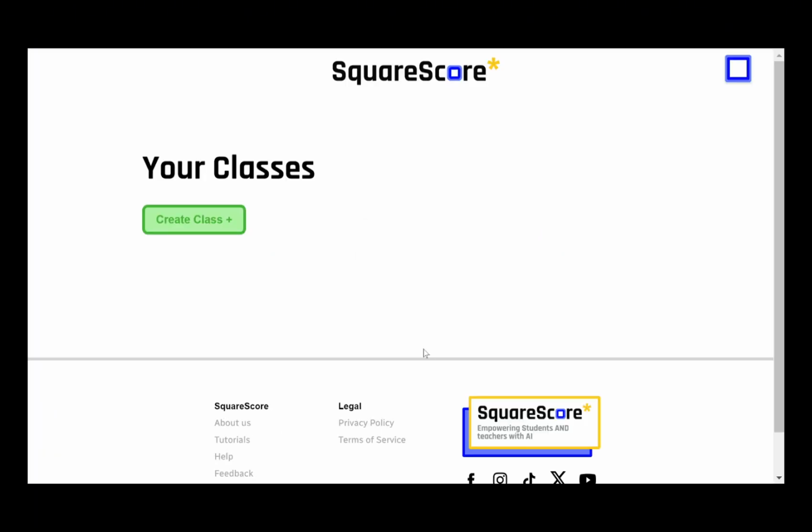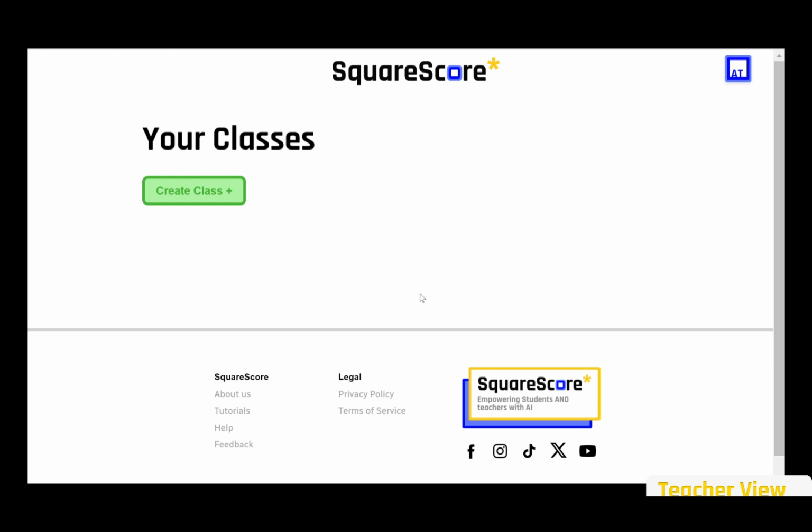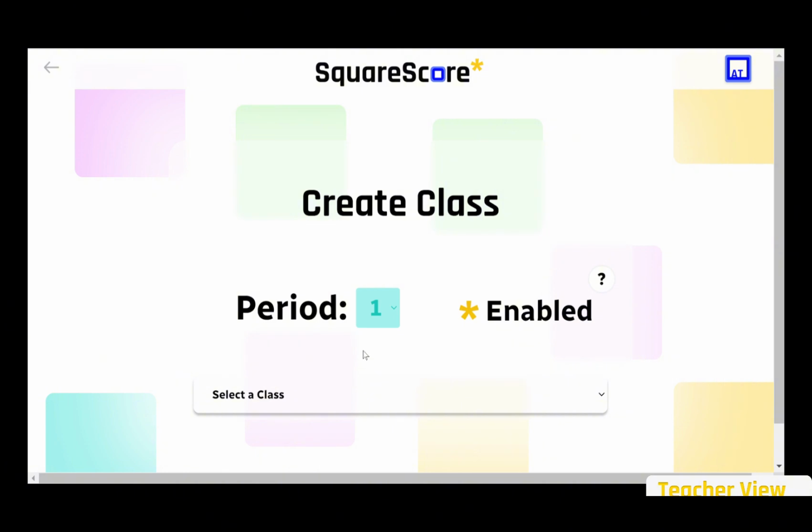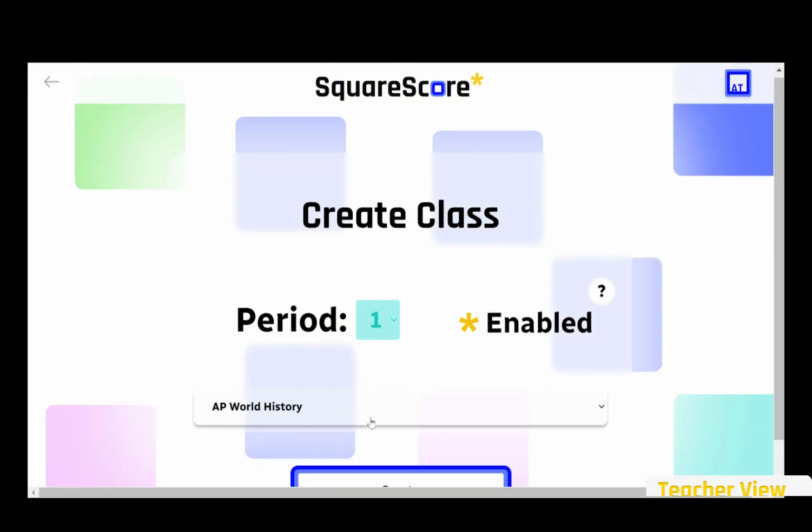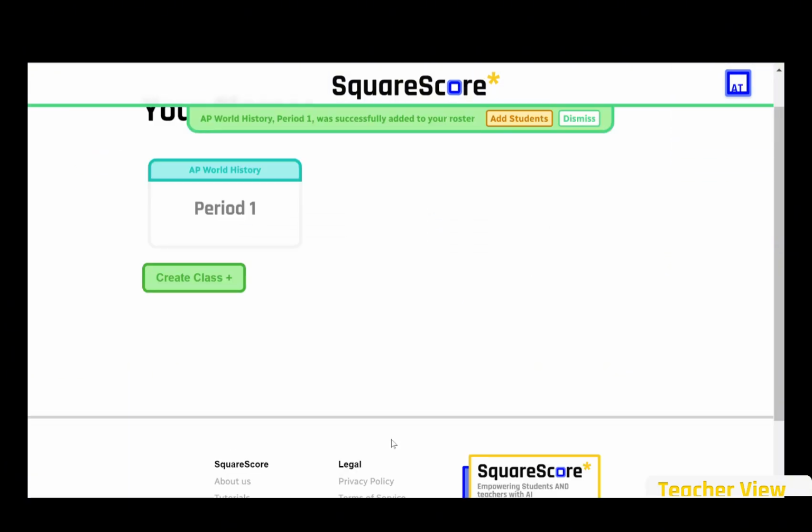Now let's move to creating a class. Once a teacher account is made, users will be taken to their home screen. Here is where all of the teacher user's classes will show up once they are created. To create a class, select a period and class name. On creation, the class will be added to the teacher's roster, and a message at the top will appear indicating